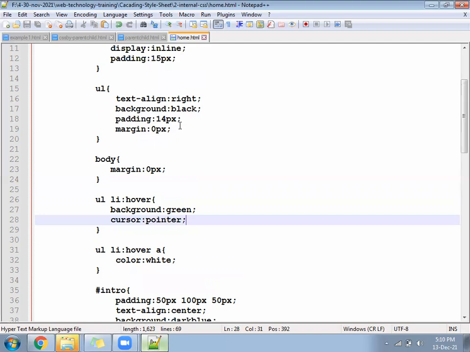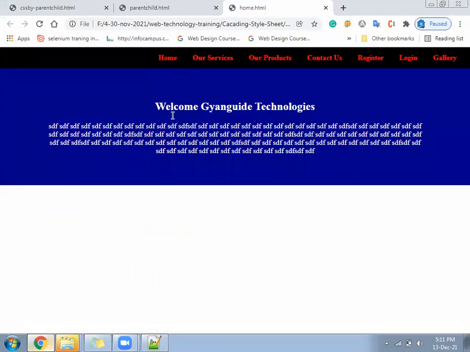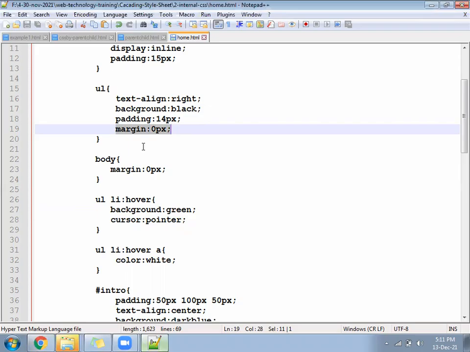Margin got removed. Margin 0px for UL tag. See, for UL tag, I have written here margin 0px. Space is removed. There is no space now.